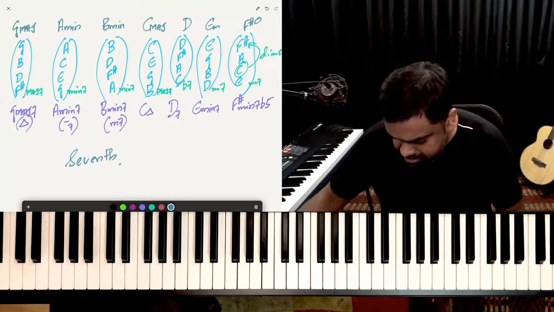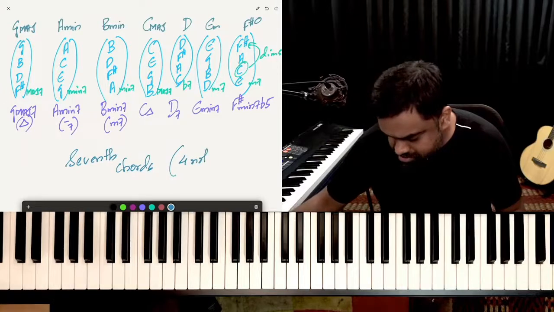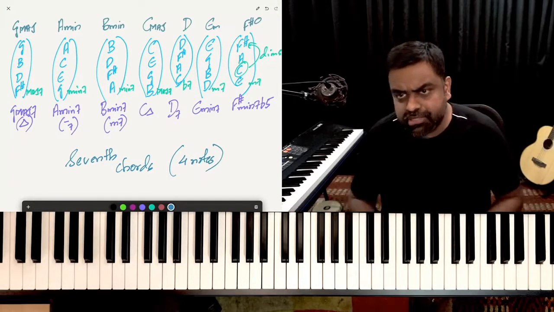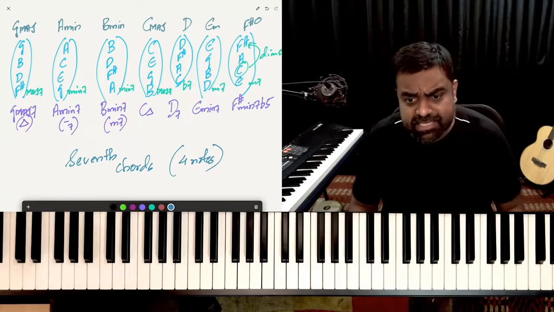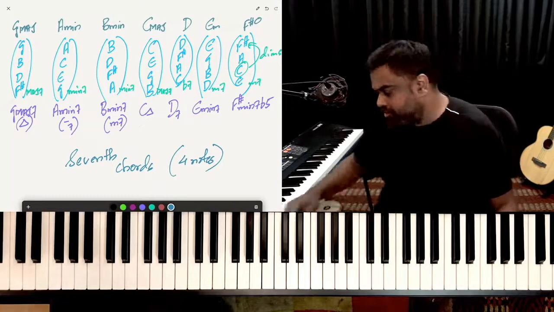With 7th chords, first of all, a 7th chord has 4 notes. A triad has 3 notes. So when do we use 7th chords? Well, for things like blues, jazz, and for more sophisticated chord work. Like if you wanted to play, you know,